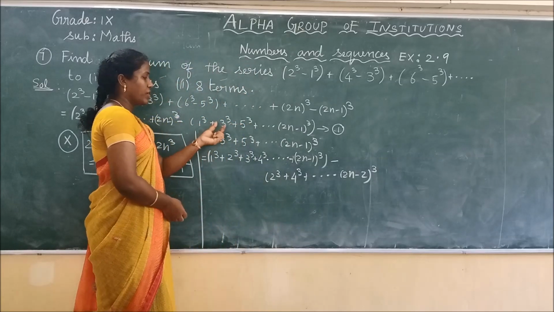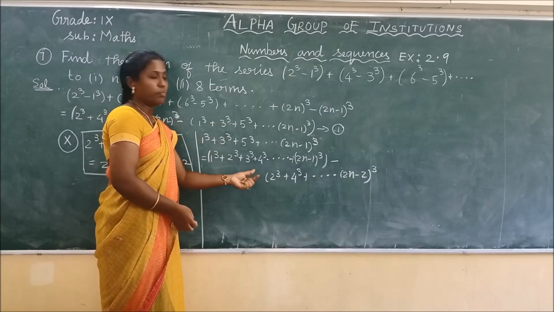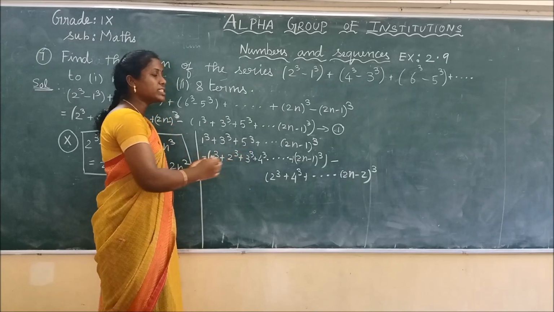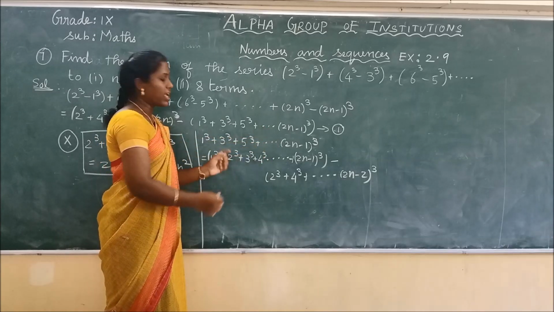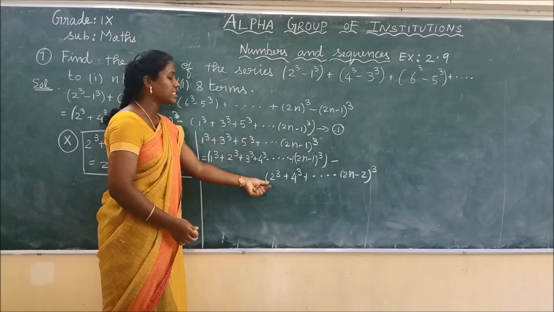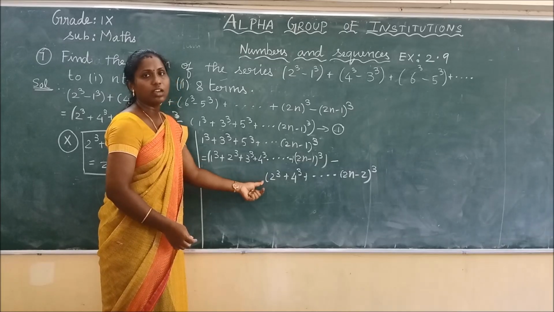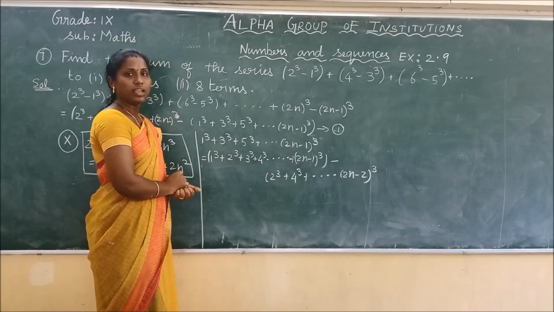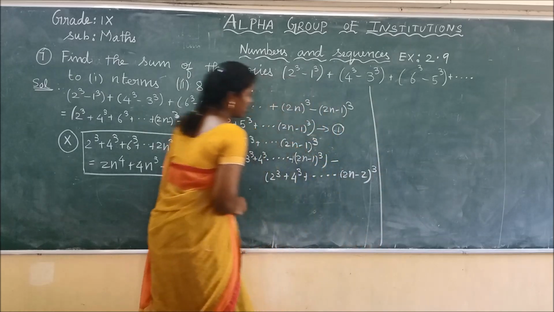Okay. See, from this series, again we are having two series. Because we can't directly find the cubes of the odd numbers, we are doing some changes. We are taking 1, 2, 3 continuous natural numbers, and we want the odd numbers alone, and we are subtracting the even numbers. Again we are having the two series here. We have to consider them again one by one and solve and get the answer. Okay, I am now going to consider the series.